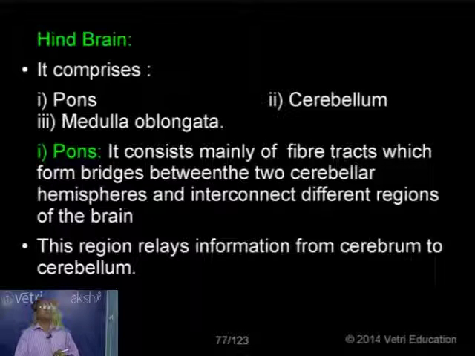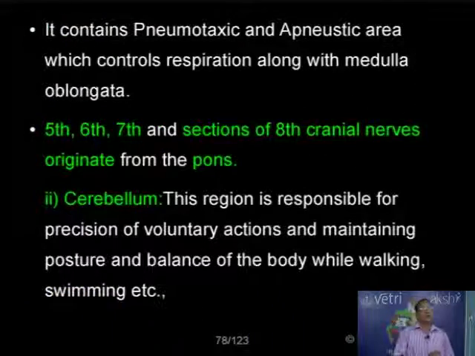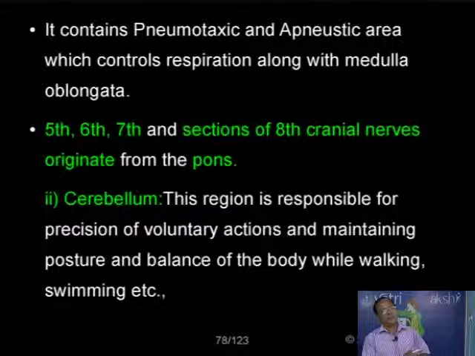This region is also called the relay center. It relays information from the cerebrum to different parts of the body, receiving the information from the cerebrum and relaying it to different parts of the body. And you know that we have the breathing center, which is normally found in the medulla oblongata. In addition to that, we have a coordinating center for breathing, coordinating the expiratory and inspiratory centers of the medulla